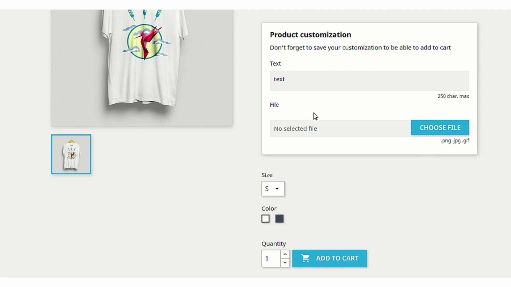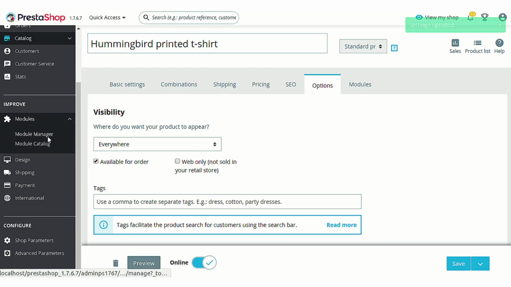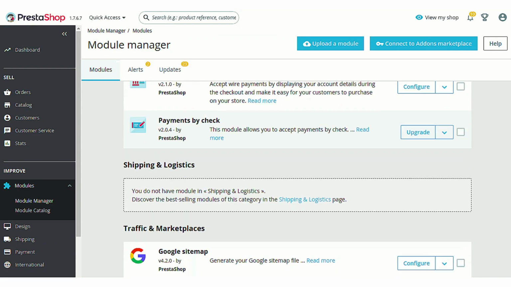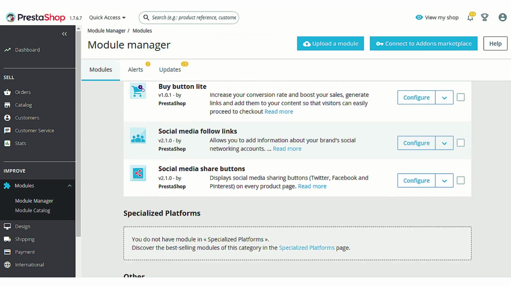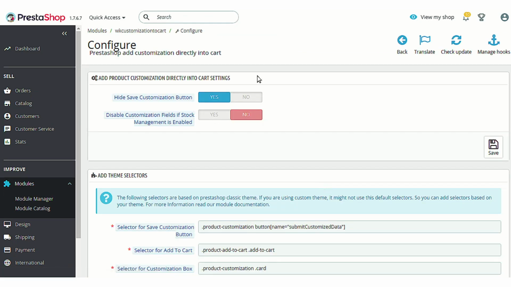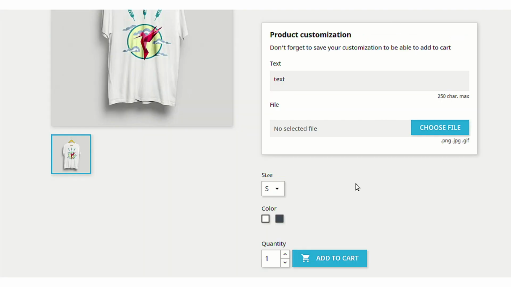However, we just need to show the save customization button here first with the help of the module configuration settings, because we have kept that disabled, so it is not showing on the product page. Let's just show it so that it would be easy to understand.